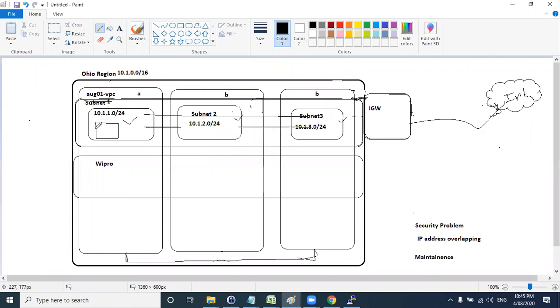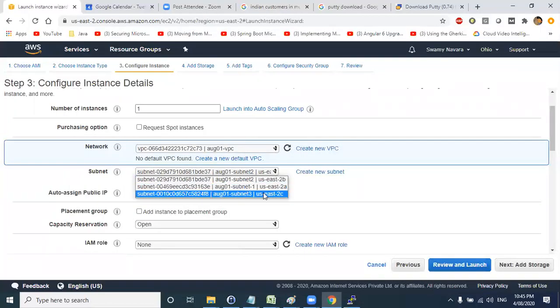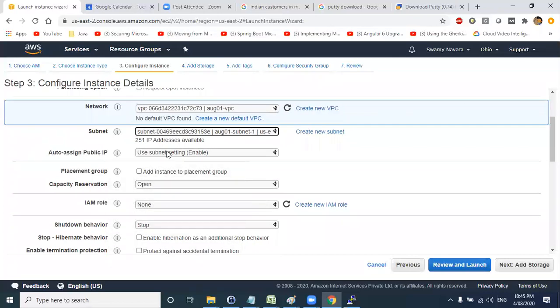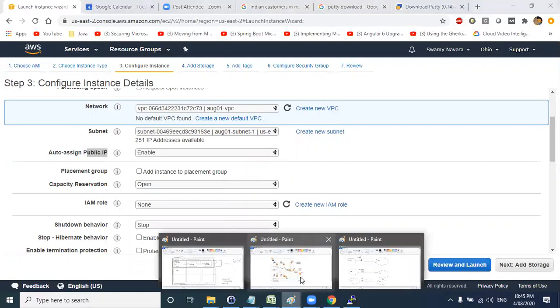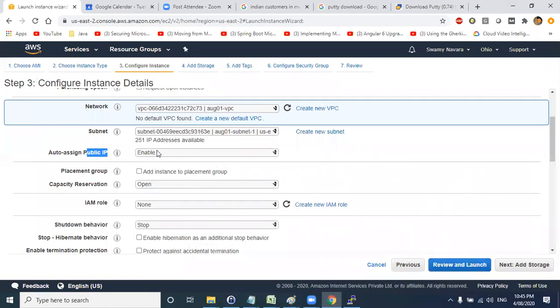Okay. So this August 1st VPC we selected. The second one is we need to select subnet one in zone A. Clear? Select the subnet here. If you see here, we have 3 subnets which we created yesterday. Now we are selecting subnet one under zone A. Then auto assign public IP: yes, you need a public IP, because we will be logging in from external, right? From the external internet we will be logging in to this EC2 machine. So you require a public IP to connect with it directly. So I have enabled that one.